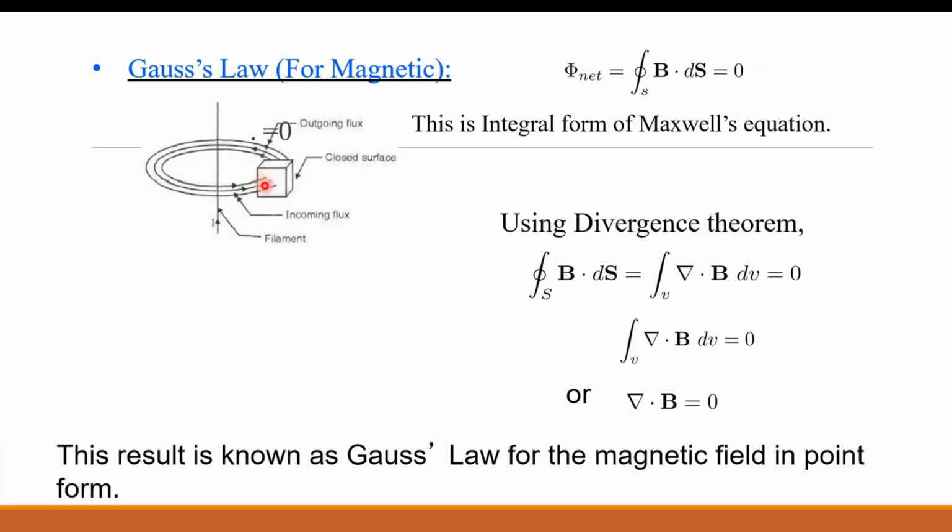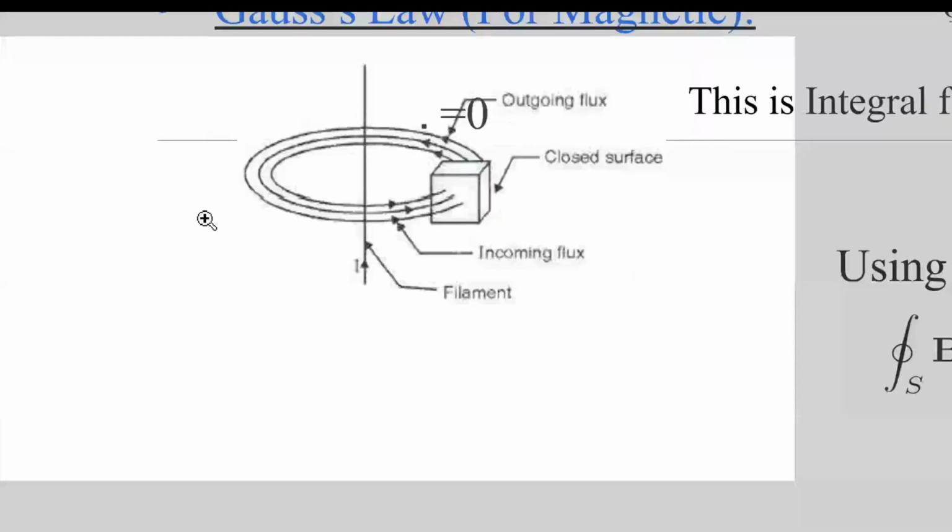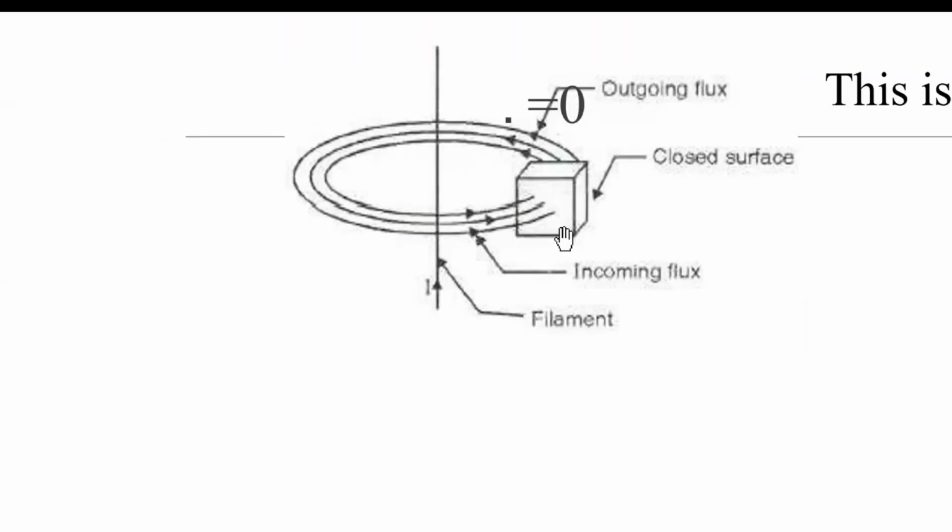Now see here, one small figure is shown. In this figure, a closed surface is shown like this, and through that surface, flux is entering and flux is leaving. Whatever flux is entering into the surface, that is leaving. In the case of a magnetic field, the flux lines are circular. We proved all these things. The flux lines are circular because if this kind of filament is present through which current is passing, then the magnetic field is surrounding that filament.